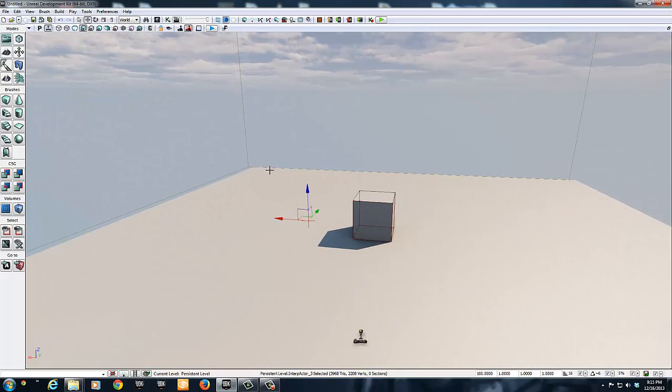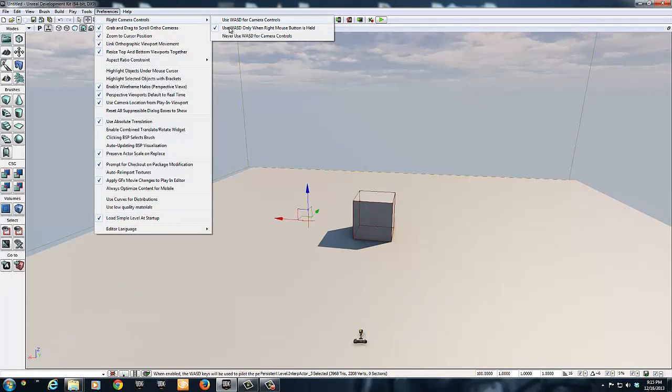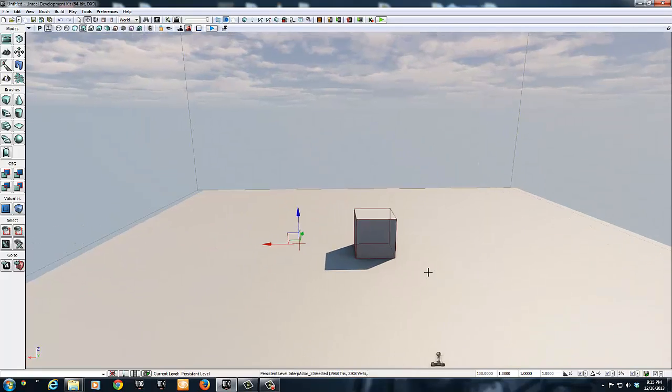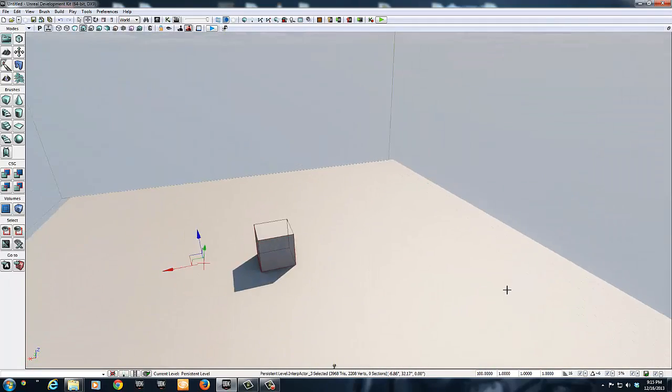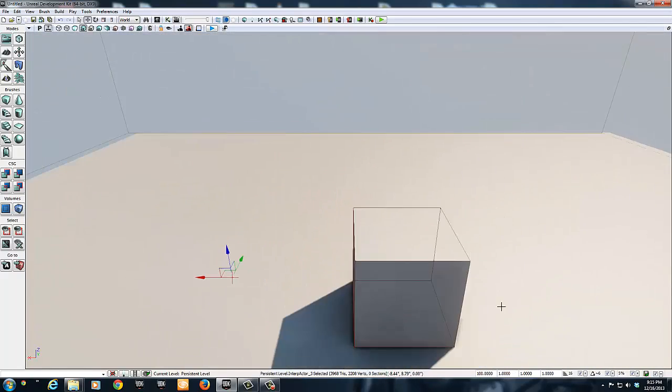Now, on the first-person shooters, one of the things you're definitely going to want to set up here, under your preferences, you're going to want to go under Flight Camera Controls and make sure that this option here, use WASD only when right mouse button is held down. You want to make sure you have that option on, so when you hold down your right mouse button, you can use first-person shooter controls, WASD, to navigate around, both panning and strafing and moving in and out of the